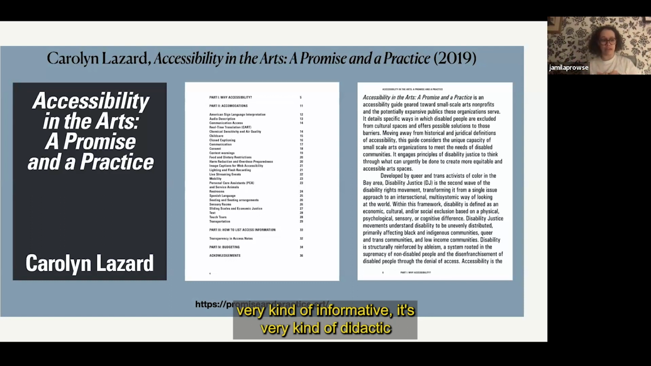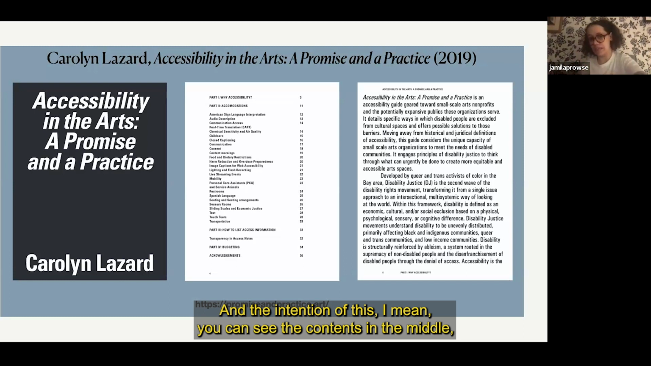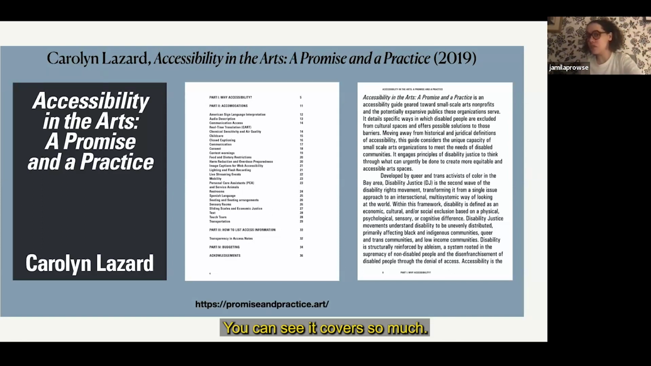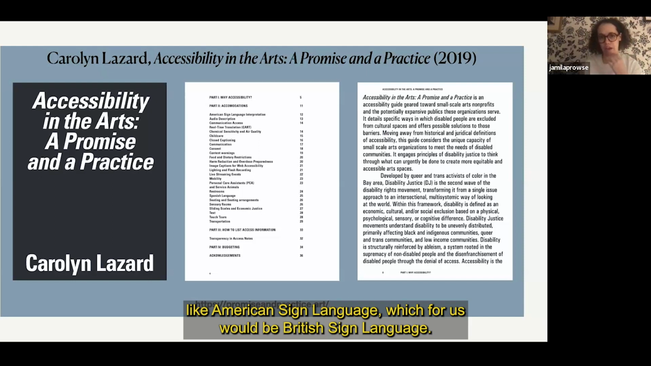It's very didactic, covering different access adjustments that can be integrated into organizations. And the intention of this, I mean, you can see the contents in the middle image on this presentation slide. You can see it covers so much. There are things that you might be familiar with, like American Sign Language, which for us would be